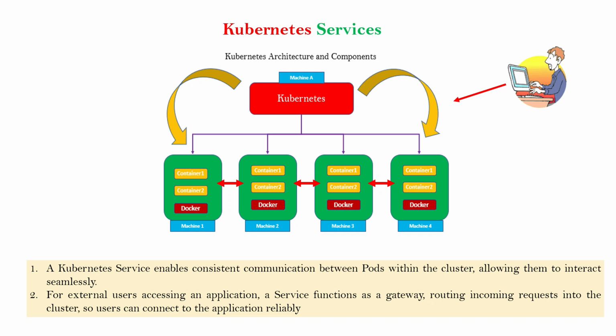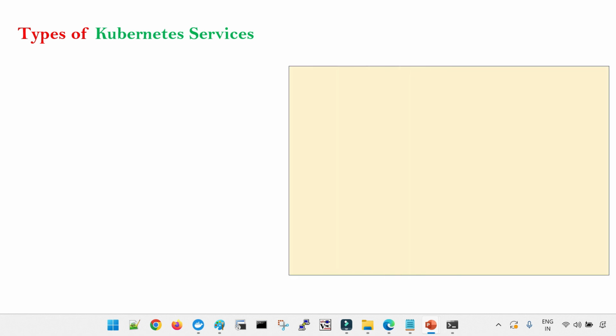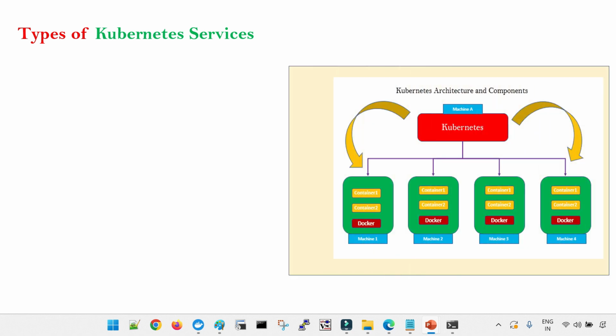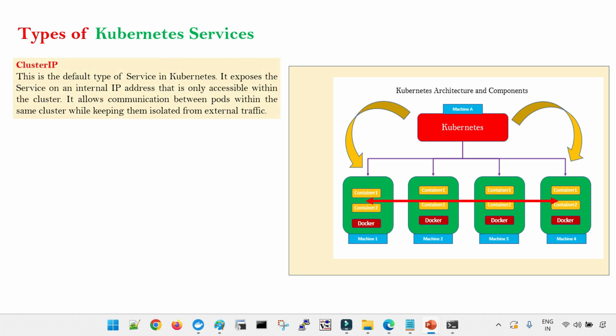So this is the high-level overview of what exactly services are. Now we have different kinds of services, which allow communication between your internal pods, or communication from the outer world. Let us suppose that we have a Kubernetes cluster, where you have a master node on machine A, and multiple worker nodes where multiple containers and pods are running. To allow communication between the different pods, which is completely internal communication within your Kubernetes cluster,